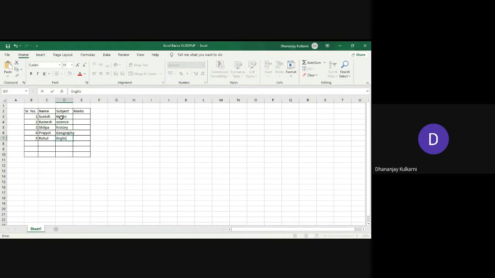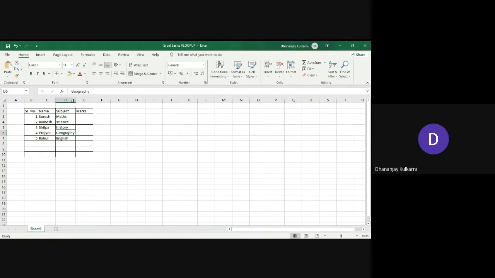So let's say we only have this much information right now. These are the different student names, these are the different subjects that we have, and different marks.